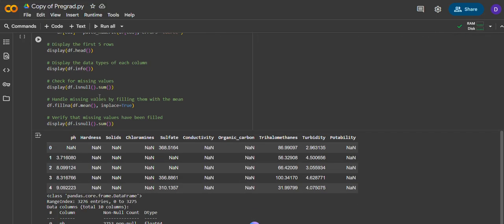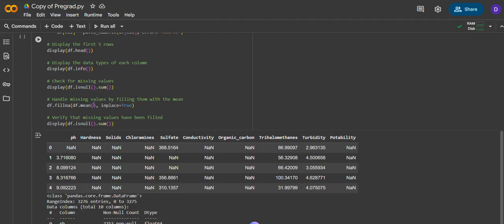Next, the information, the isnull. What is isnull? isnull is a function which is used in data frames, or rather in pandas, to get to know whether the value is null or not, and then we can also add the sum function, which is used quite often in the whole project. Next,